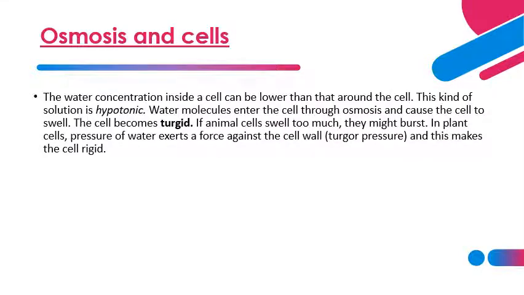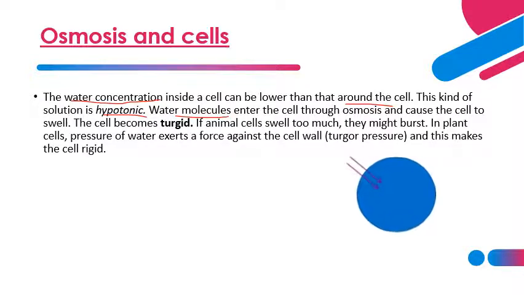Osmosis in cells. The water concentration inside the cell can be lower than the water concentration around the cell. We call this kind of solution a hypotonic solution. Through osmosis, water molecules enter the cell and cause the cell to swell. This can be represented by this diagram. As you can see, when the water molecules enter the cell, it increases in size, that is, it swells,